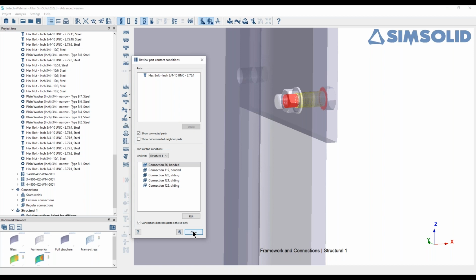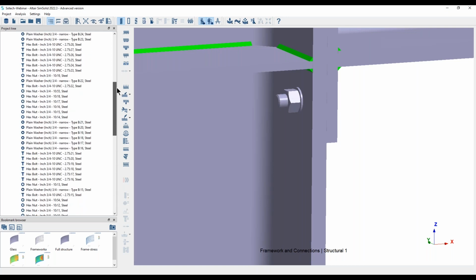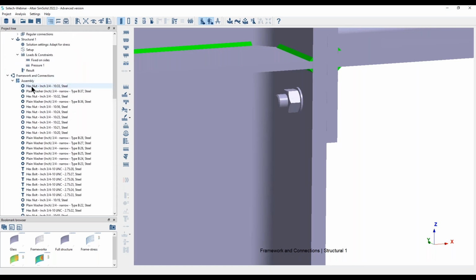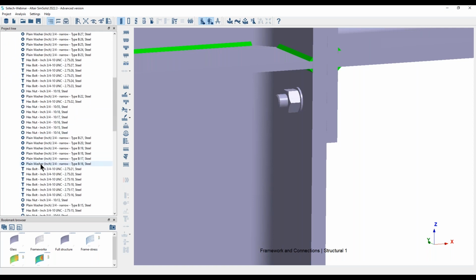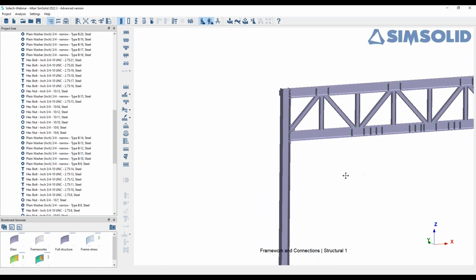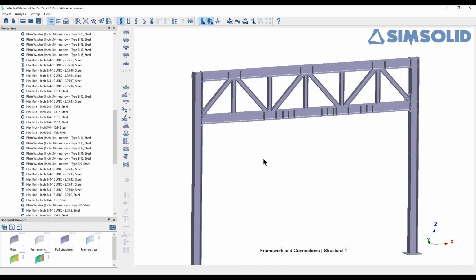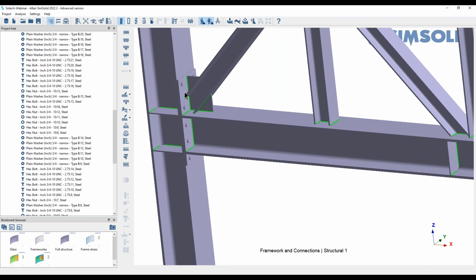It comes in, the software recognizes, if you can see here on my browser, the geometry, the shape and size of it, and it will illustrate it's a nut, bolt, or a washer. And SimSolid will recognize all that. So now we have all the connections. The only thing we need to modify here is basically, if I look at that plate where the bolt connections are,